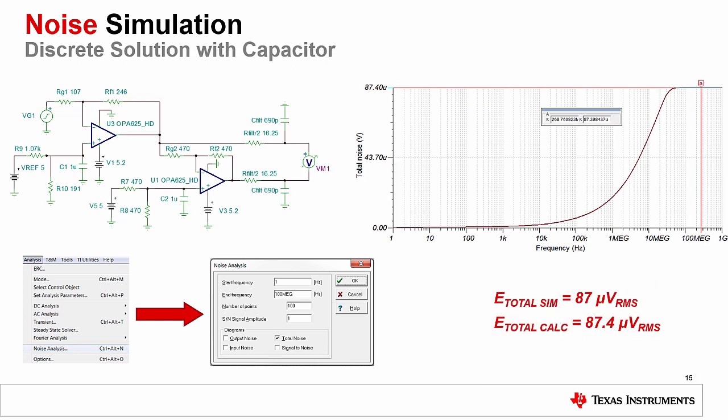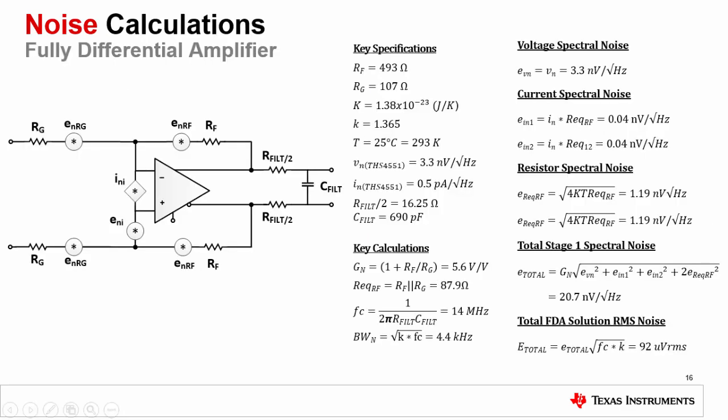However, this noise is quite high. A big contributing factor to this noise value is the resistors we have on the non-inverting side of the amplifiers. A trick we can use to minimize that noise is adding a 1 microfarad capacitor after the voltage dividers on both amplifiers. This addition basically negates the noise of those resistors. If the math is repeated without the voltage divider resistors, and if we simulate the same circuit, but this time with the additional capacitor in Tina, we see that we have reduced the noise down to 87 microvolts RMS.